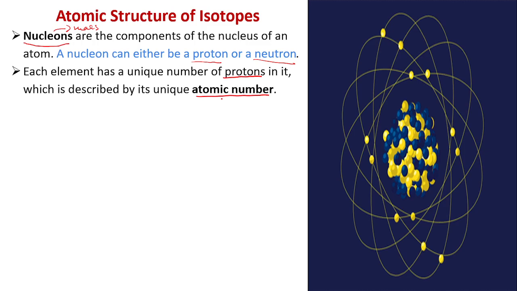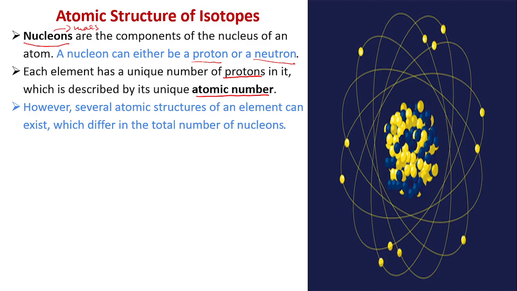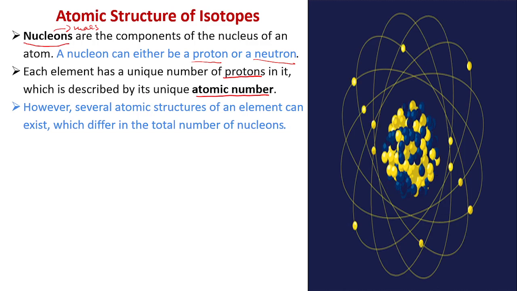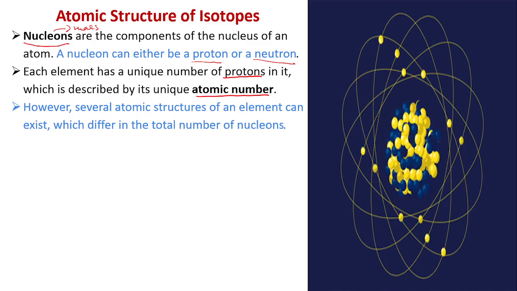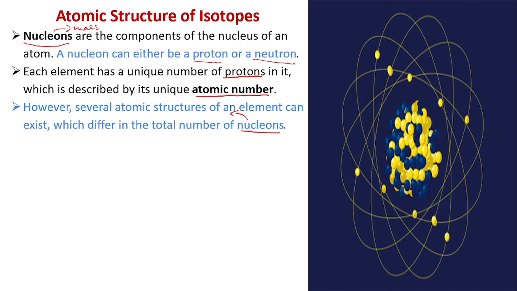All right, so one thing that we also need to understand is that each atom has only one specific atomic number, but the difference comes in when we consider the total number of nucleons. When we say the total number of nucleons, we are simply talking about the protons